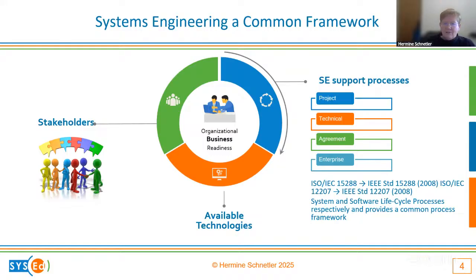But either way, I think the systems engineering support processes are really defined in four groups, where you have your project processes, which is basically all about project management, and it has to do with